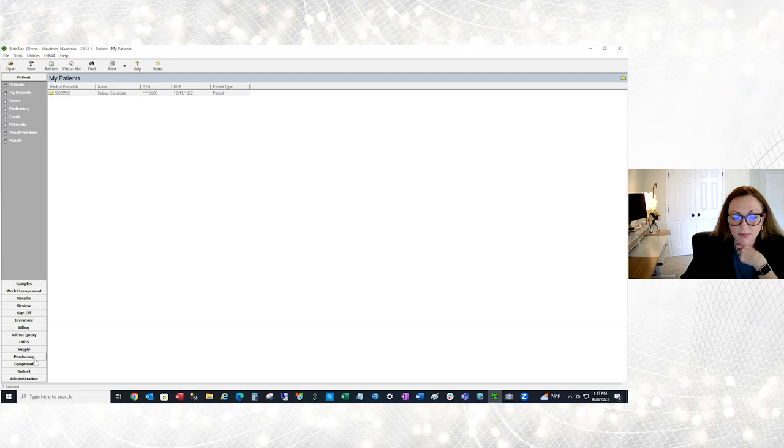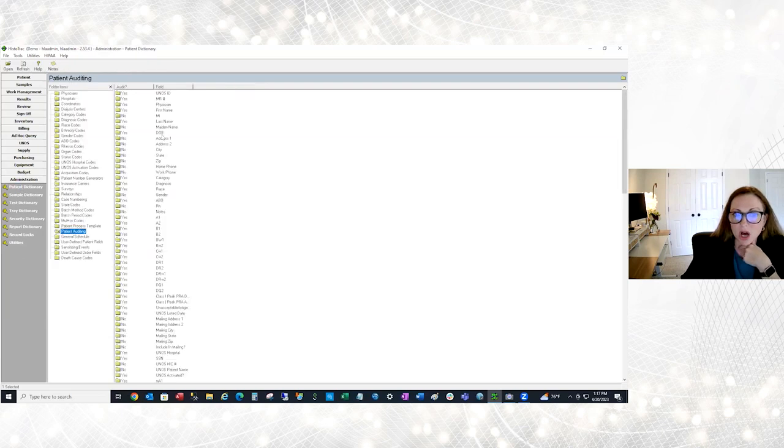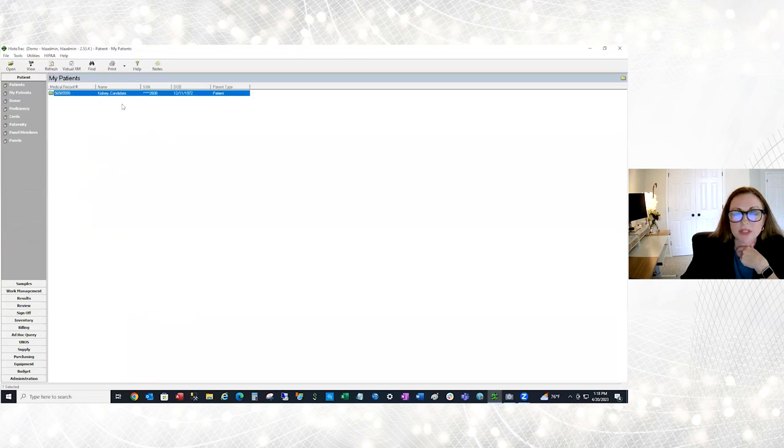Do some kind of in-house keeping on your supplies, your purchasing, and your equipment. And then we do have this administration, so this will be the table that will help drive the database itself. And then importantly, it will have some auditing features that can be turned on and off based on the patient sample and test. So if I open up this particular patient,